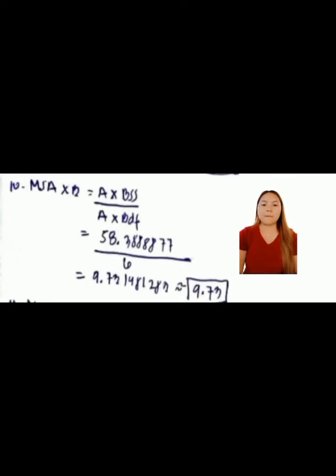Number 10, mean square of factor A times factor B equals A times B sum square divide A times BDF. So the A times BSS here is 58.388887 divide 6. The total is 9.70148123, or